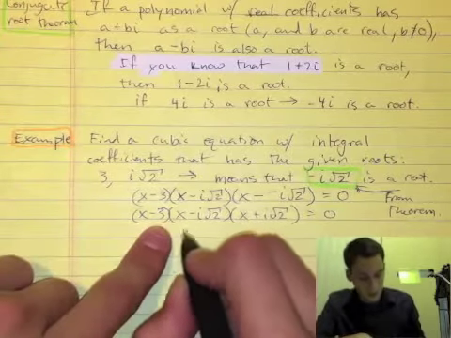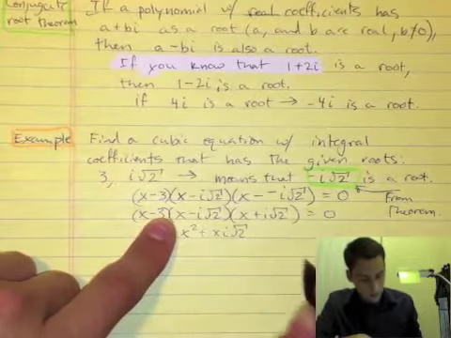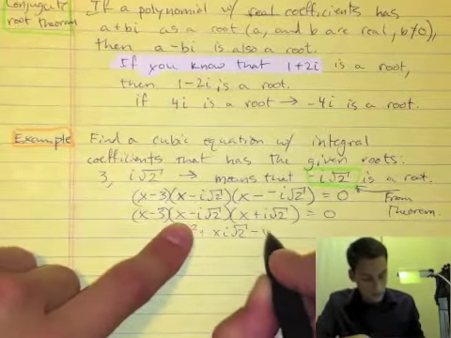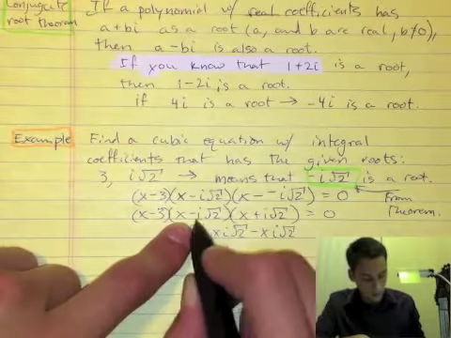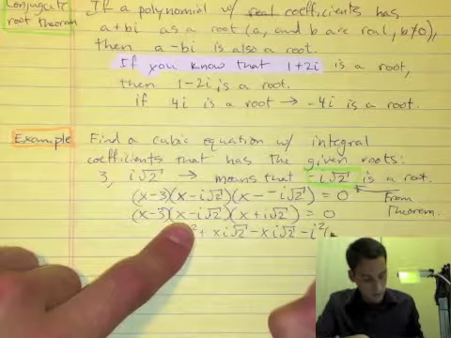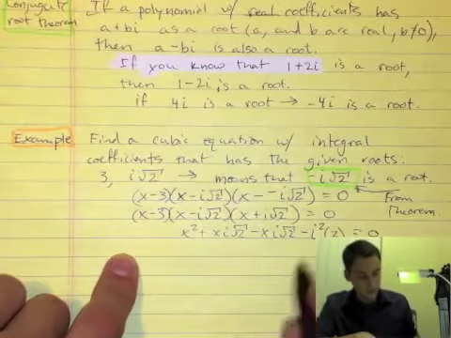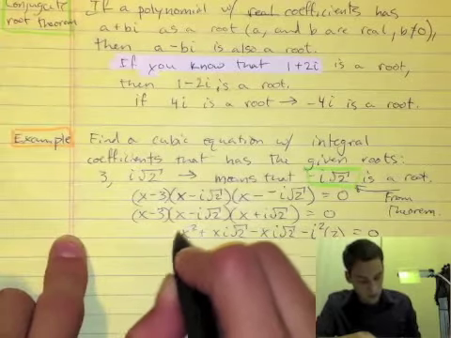So x squared plus xi root 2 minus xi root 2 minus i squared times 2 equals 0, because root 2 times root 2 is 2. i squared is negative 1, so that leaves me with